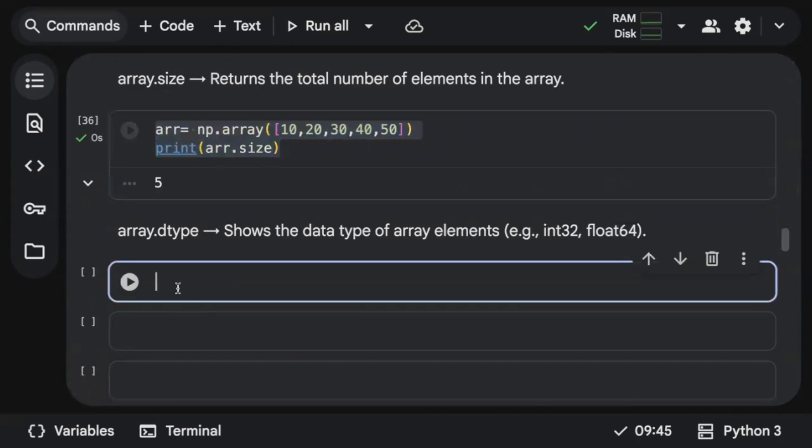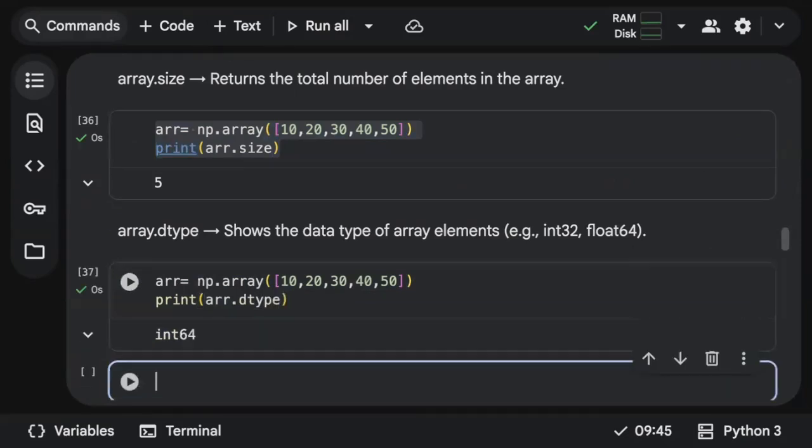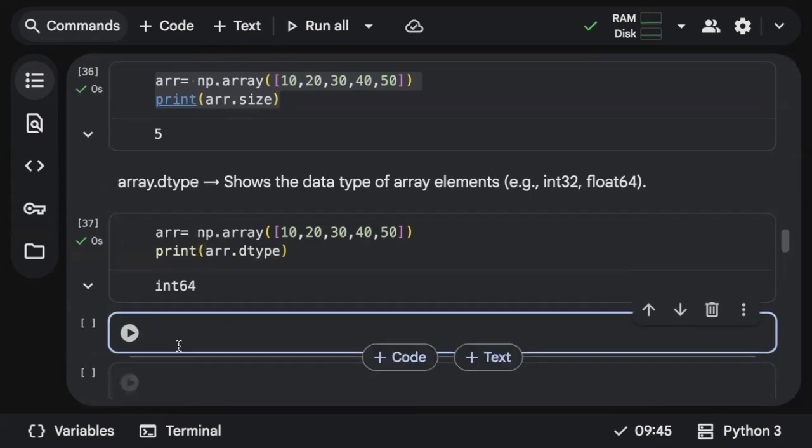Similarly, we have another function called dtype. Dtype is used to find the data type of the array elements. Very simple, just use dtype in place of size. It tells you what type of data it is. It doesn't say just integer or float. It says int64, float64, because it is telling about memory as well. We all know that it takes equal memory space, right? Because it stores similar elements. That's the reason you get it like this.